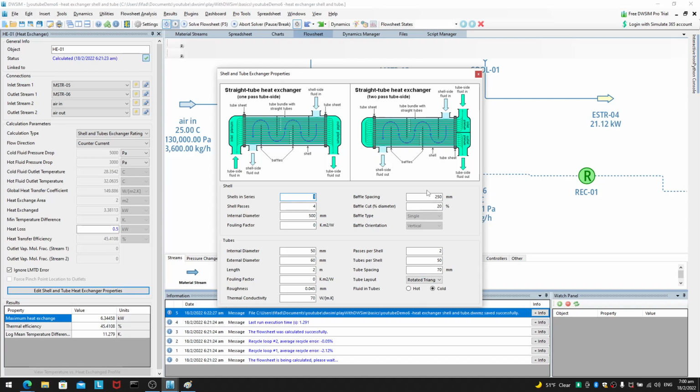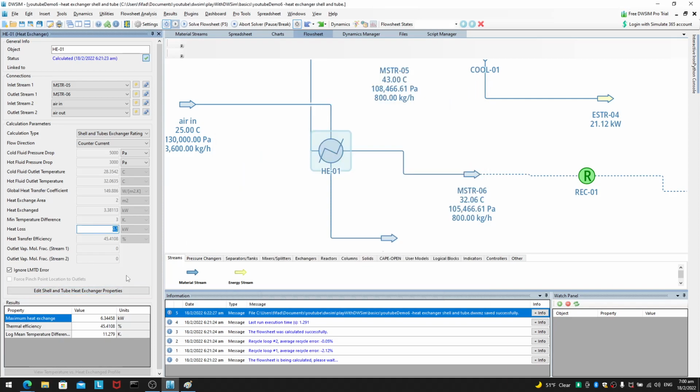From a physical perspective, you can think about it based on what I said. But over here in DWSim, it allows you to place either hot or cold fluid into this tube side, and sadly it doesn't auto calculate your heat loss for you. You have to do it yourself. So again, this is not strictly speaking realistic,